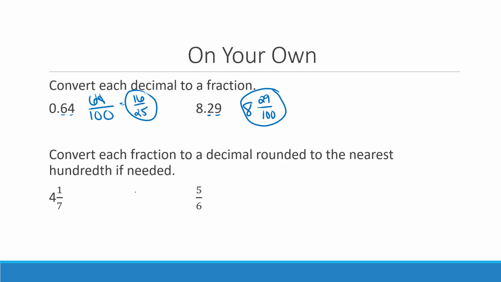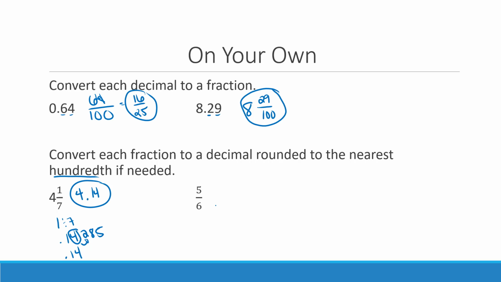Converting fractions to a decimal, keep in mind if it's a mixed number, that number is going to go out front. My whole number is going to be out front of my decimal. If I do 1 divided by 7 in my calculator, I do get 0.14285. I don't really need to go any further because it asked me to round to the hundredths place. So my hundredths place is the 4. There's a 2 behind it, which means that 4 is going to stay the same. So my final answer here would be